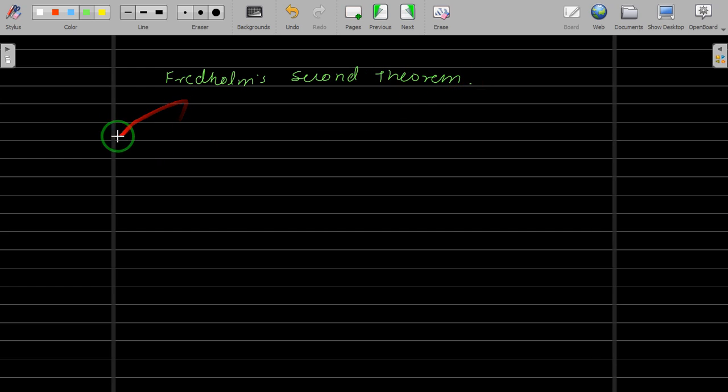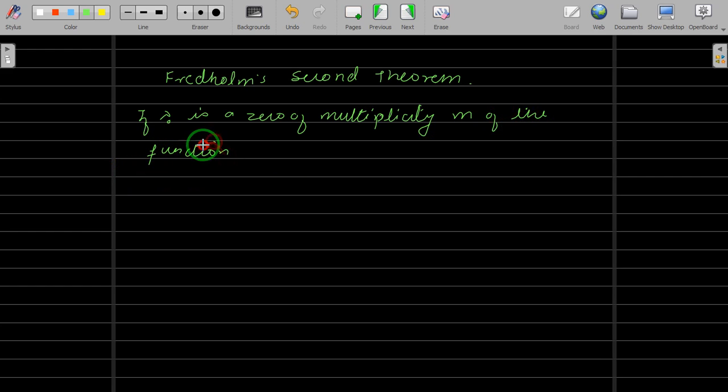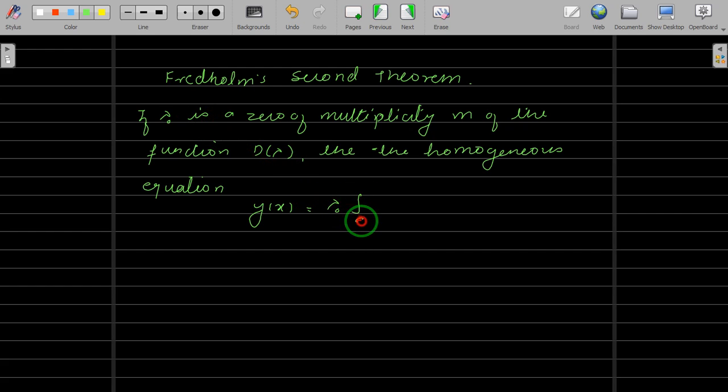Okay, now this is the statement: if lambda 0 is a root of multiplicity m of the function, your determinant D of lambda, then the homogeneous equation y of x is equal to lambda 0, this particular value lambda 0, integral a to b,